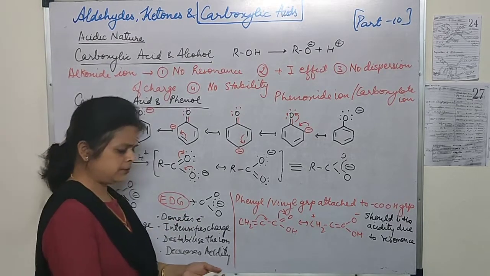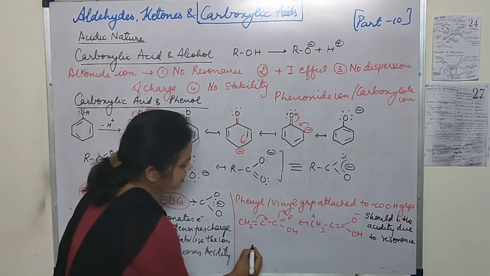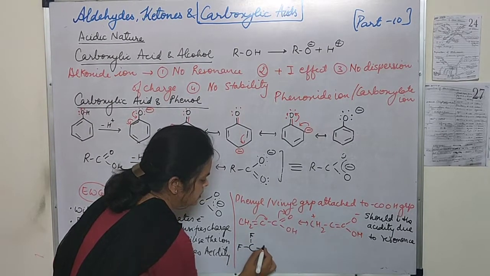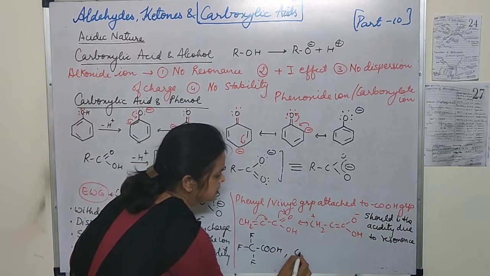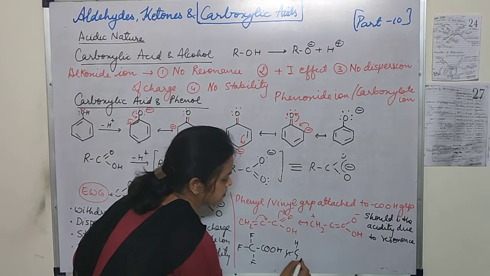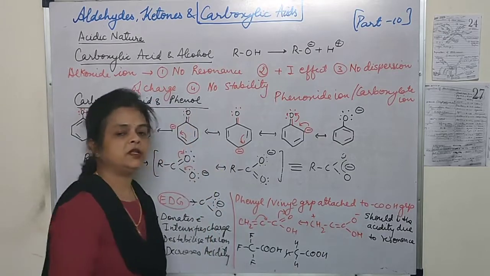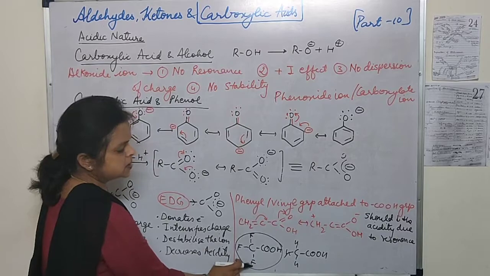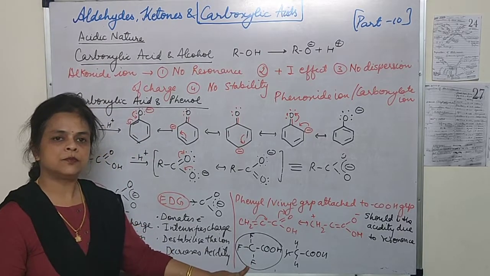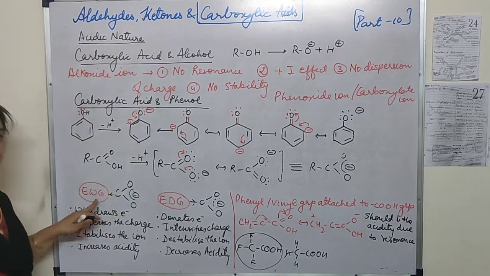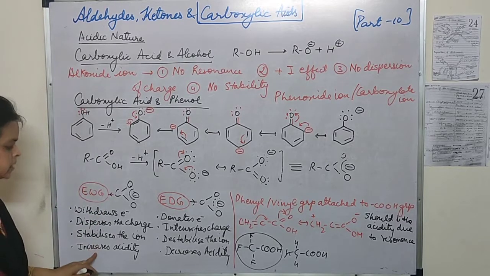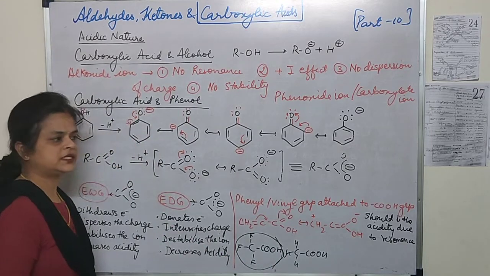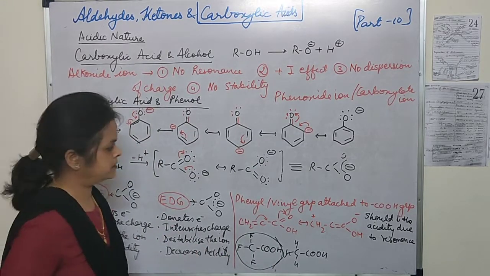Okay. Suppose अगर एक क्वेश्चन हम ले लेते हैं यहाँ पे, CF3COOH and CH3COOH. Which one will be more acidic and why? Obviously, this one will be more acidic because this fluorine, this F atom, is more electronegative. अगर electronegative है, that means it is an electron withdrawing group and it increases the acidity. So it will be more acidic as compared to the second one. Okay. So in this way you can practice the questions.